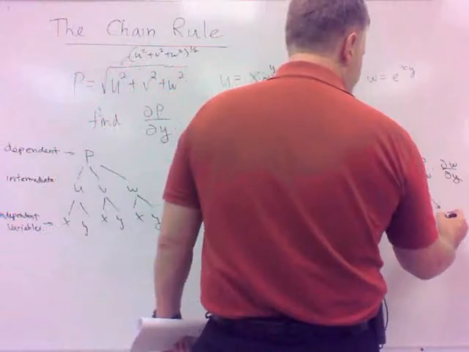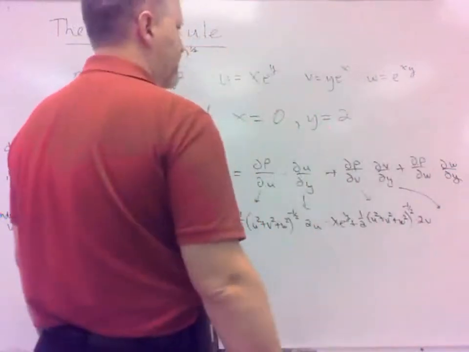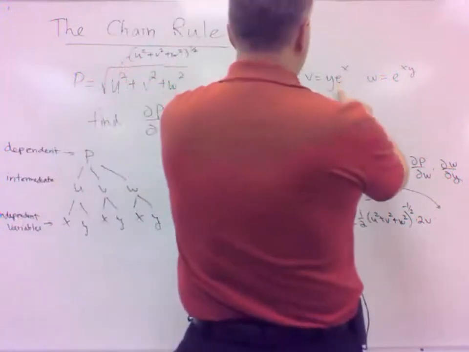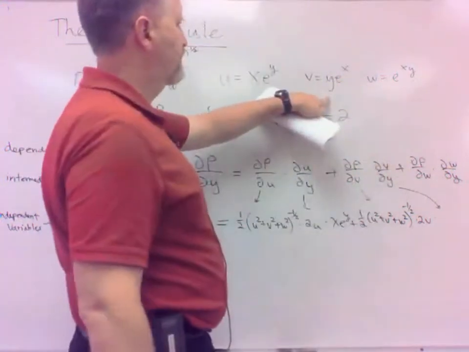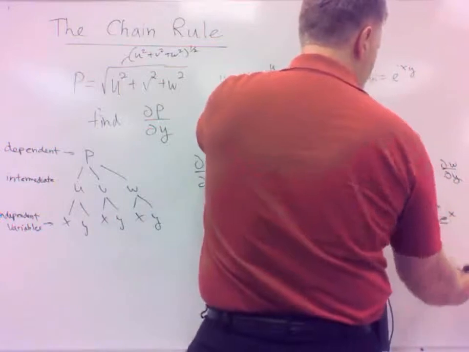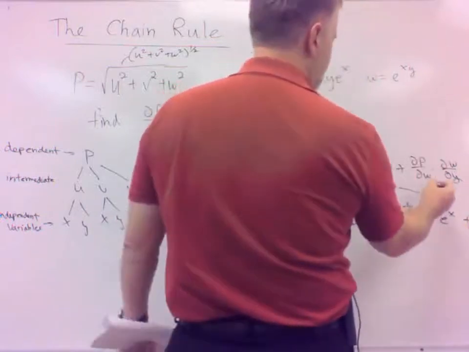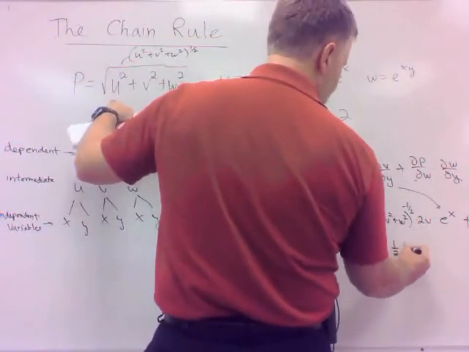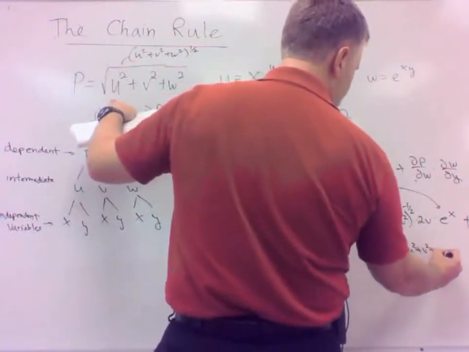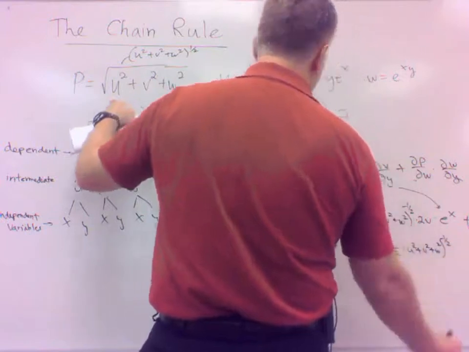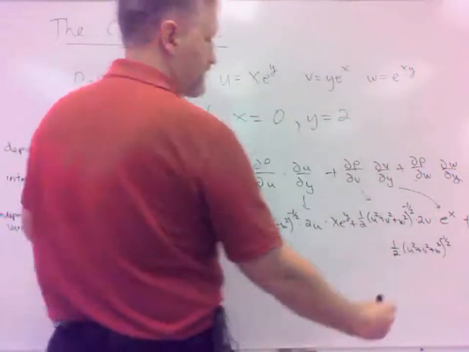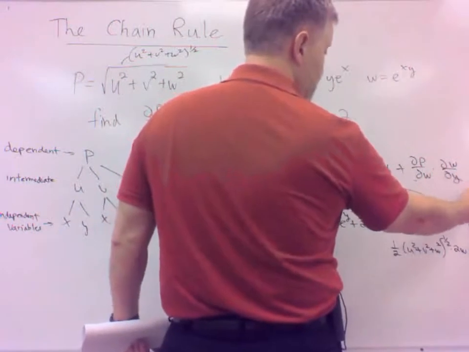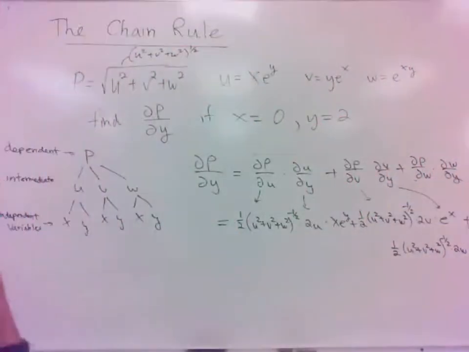And then the partial of V with respect to Y, what would that be? The partial of that with respect to Y would just be e to the X. And then last but not least, our partial of P with respect to W. All right, so that'd be 1/2 (U squared plus V squared plus W squared) to the -1/2 times the derivative of the inside with respect to W, just be 2W. Then the partial of W with respect to Y would be,